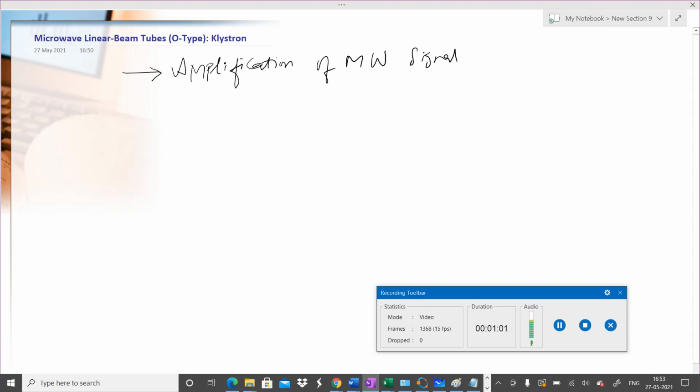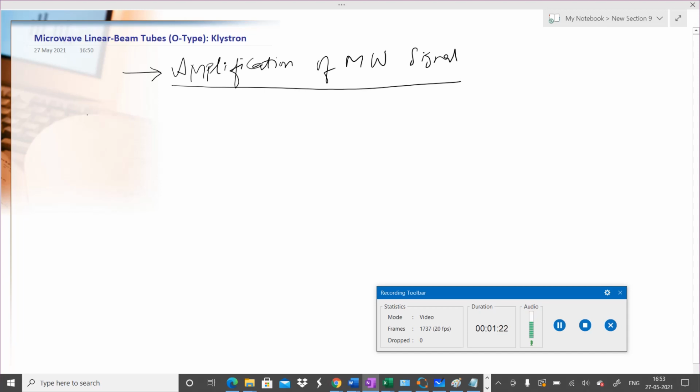So one part we have done. We have done waveguides, how to transmit the microwave at particular frequencies through a guided medium. Now we will need several operations. So one of the important operations is the amplification of microwave signals.